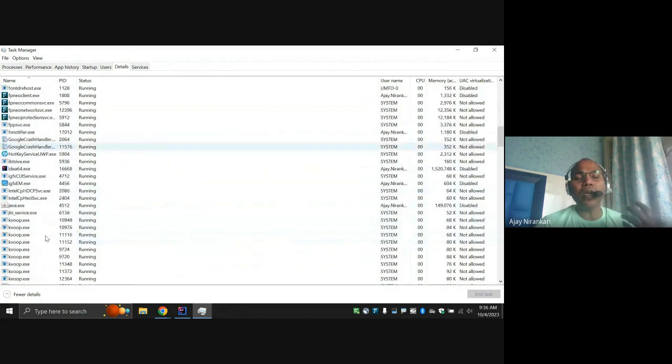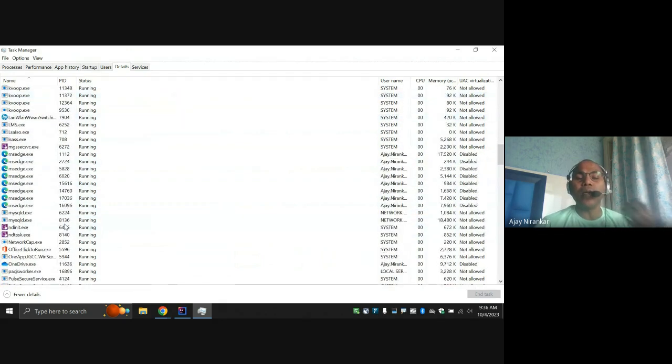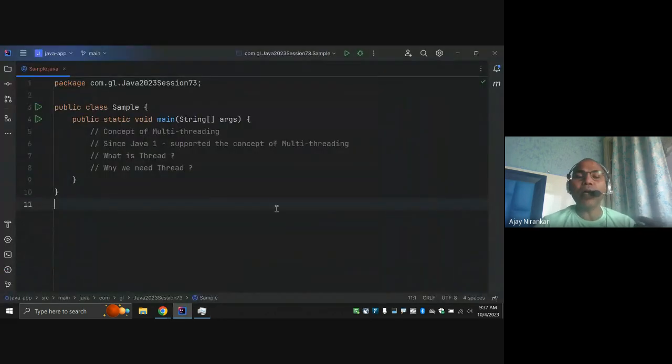We have one computer but lots of things running simultaneously. I am speaking, sharing my screen, moving my mouse, and my IntelliJ IDEA is also running. So in one system lots of different things are going on at once.